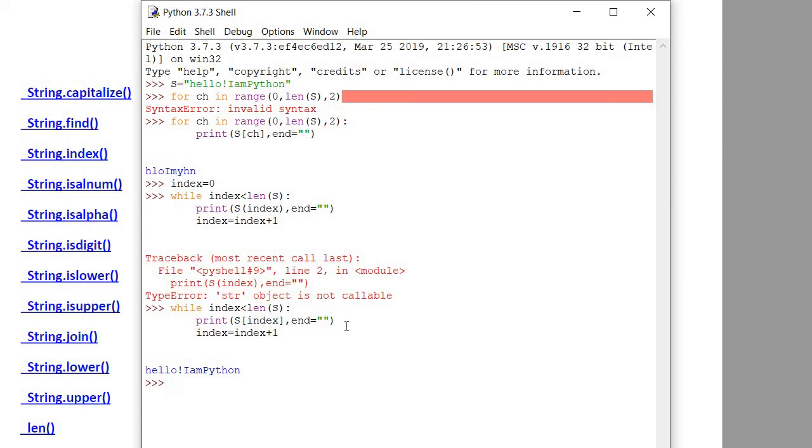When the value of your index is equal to the length of the string, the condition becomes false and the body of the loop is not executed. So the last character accessed is one less than the length of the string.